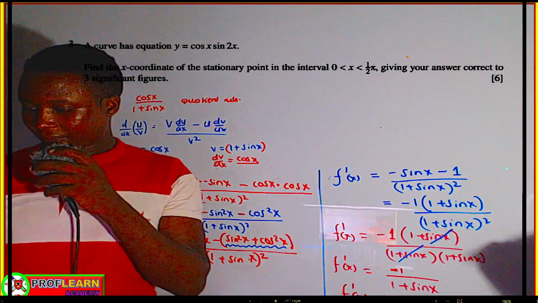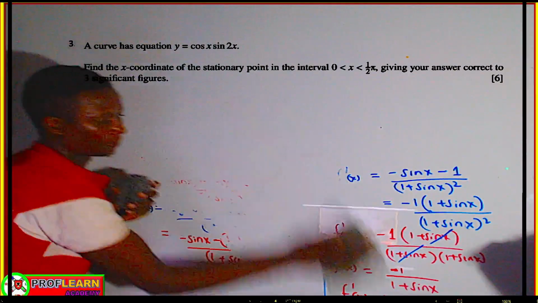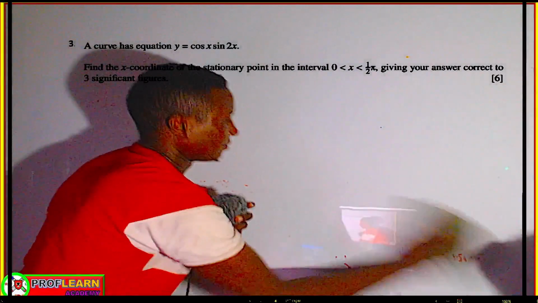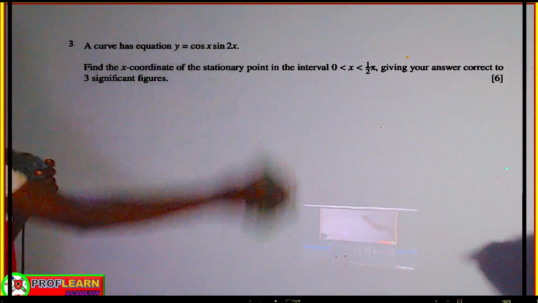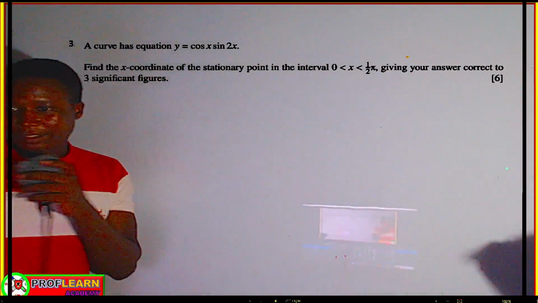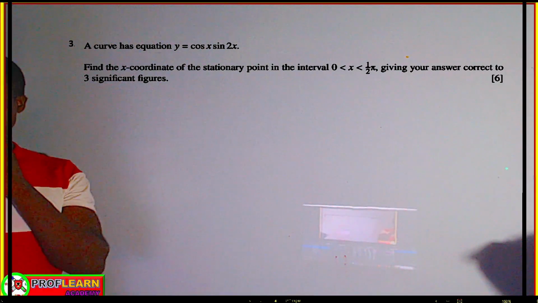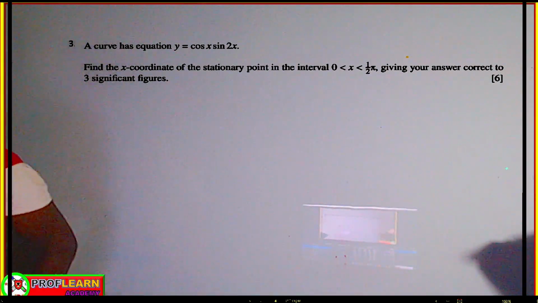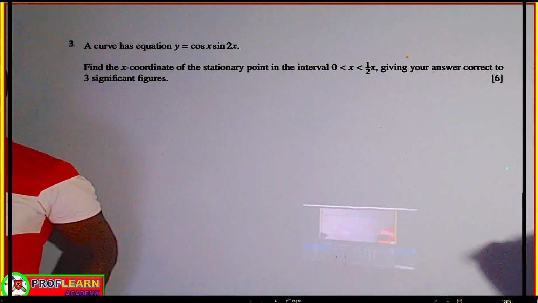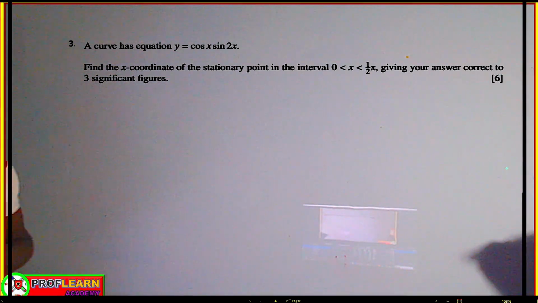A curve has the equation y equals cos x sine 2x. Find the x coordinate of the stationary point in the interval 0 less than x less than or equal to half pi. So that given point,